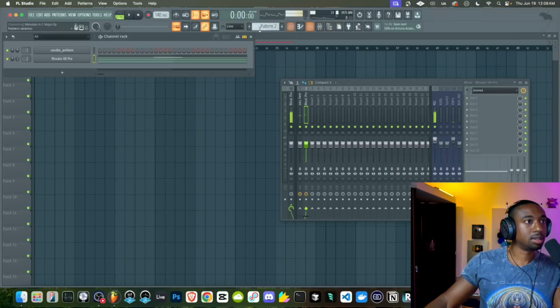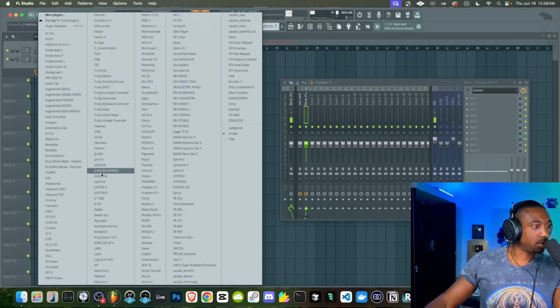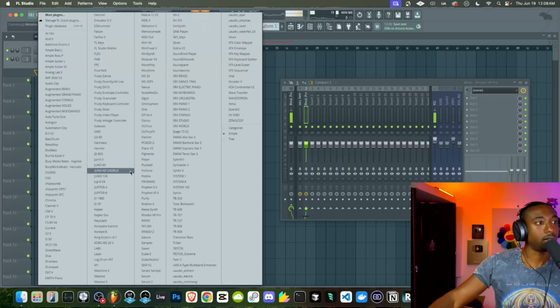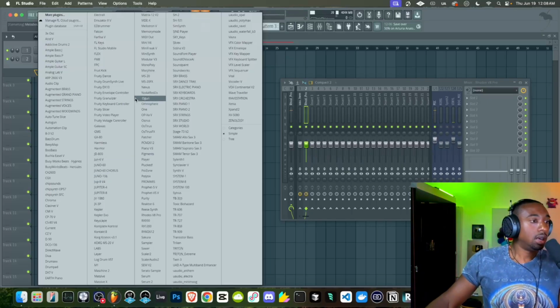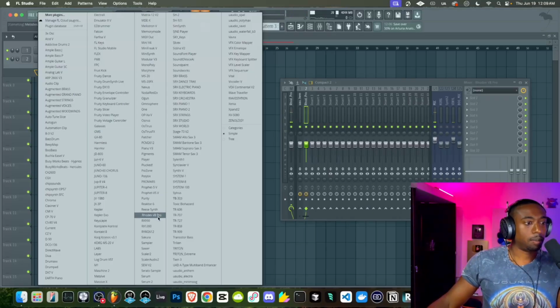Okay, so we're going to use a similar concept here. I'm trying to think, what instrument should we use for this one? So again, if you guys struggle with sound selection, just start with a grand piano. Don't make it complicated. We just need what's called a polyphonic synth. Polyphonic means you can play many notes at once.